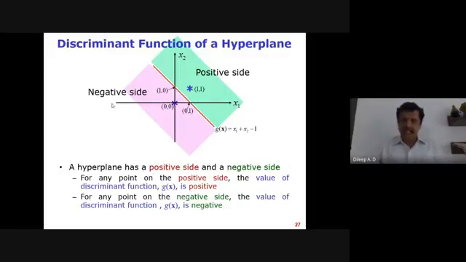Now if you see, this green region is the data of one class, and the pink is the data of the other class. So I can make a decision for any test example: if it's on the positive side, it belongs to class 1, and if it's on the negative side, it belongs to class 2. This is how the decision is made for the test case. For the training case, we have to come up with the parameters of this line or hyperplane such that it is placed in the region of separation of the two classes.